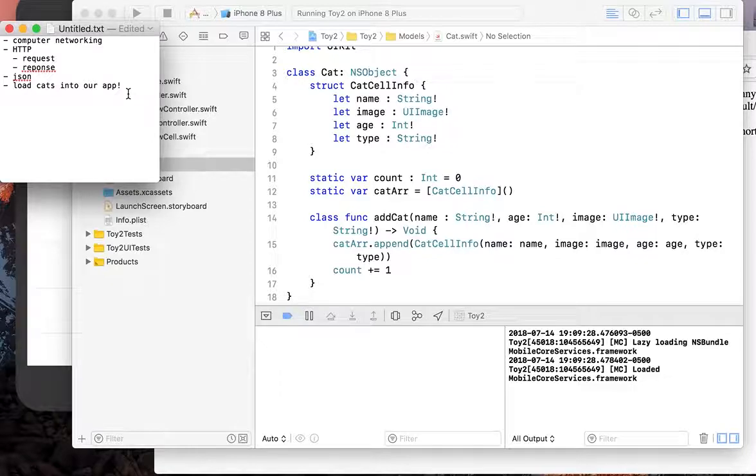So in last video I promised that we will start to have some functionality which allows the user to customize a cat table view and add their own cats. But today I actually want to first talk about something even fancier. So basically how to connect your app to the internet. This is a really very important feature for all the apps